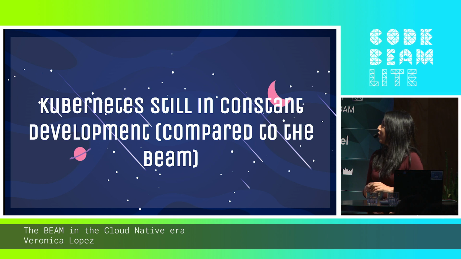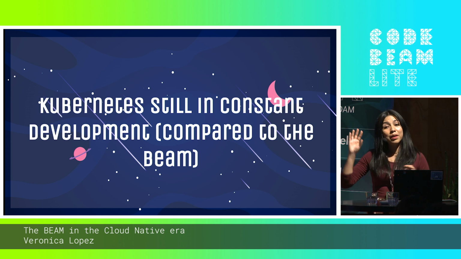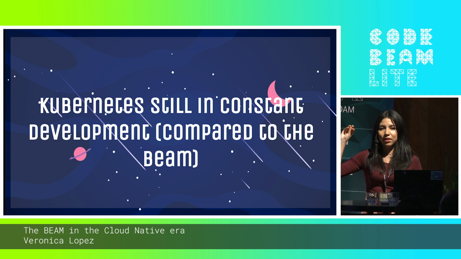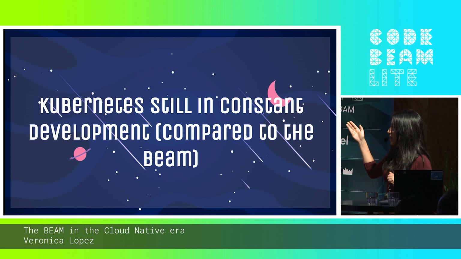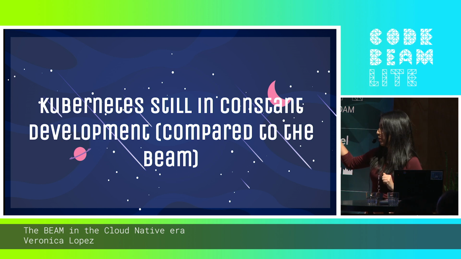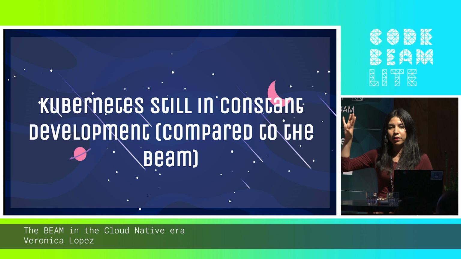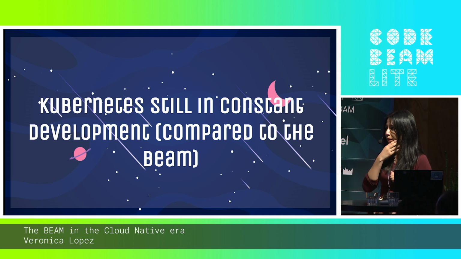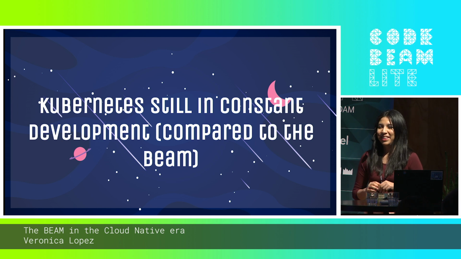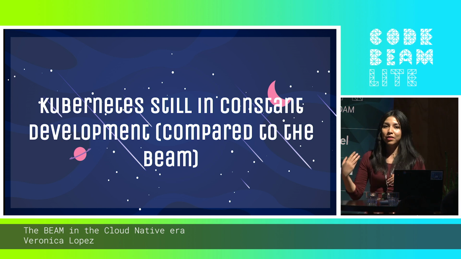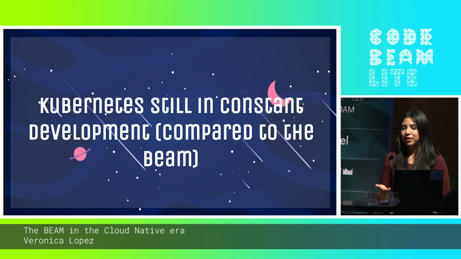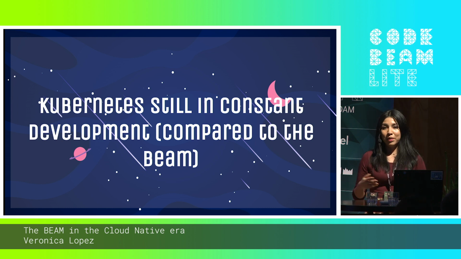By the way, I'm using Kubernetes as the poster child of the cloud native ecosystem, but you can mostly interchange Kubernetes for almost any other project in the cloud native catalog, except probably Prometheus, because I think Prometheus is one of the most solid pieces of software out there. But other than that, everything else is still in constant development, which is not bad inherently, but compared to, for example, the Beam